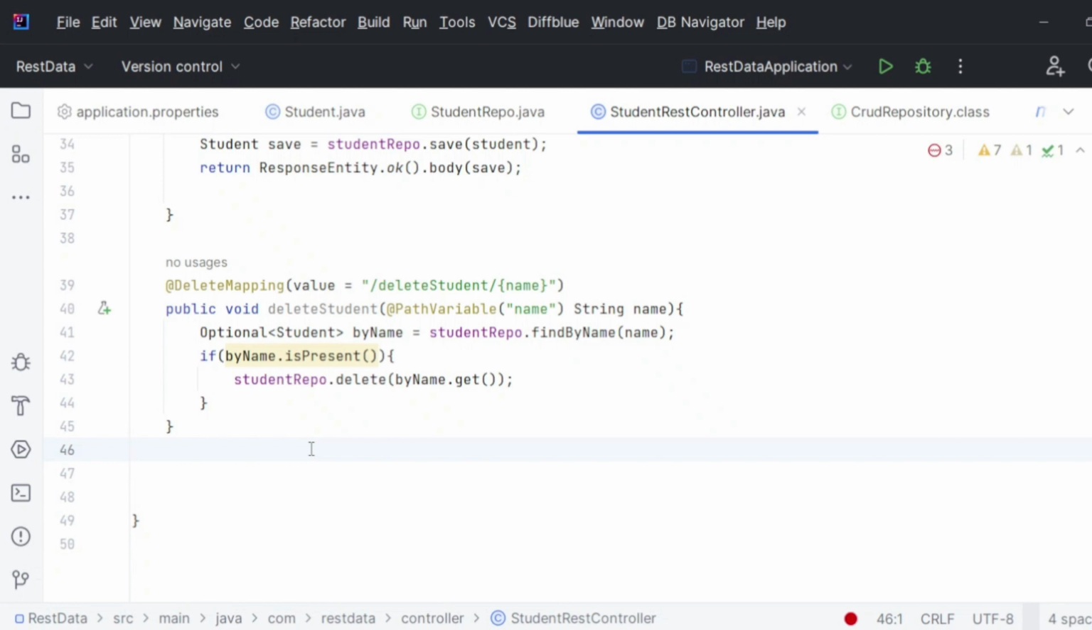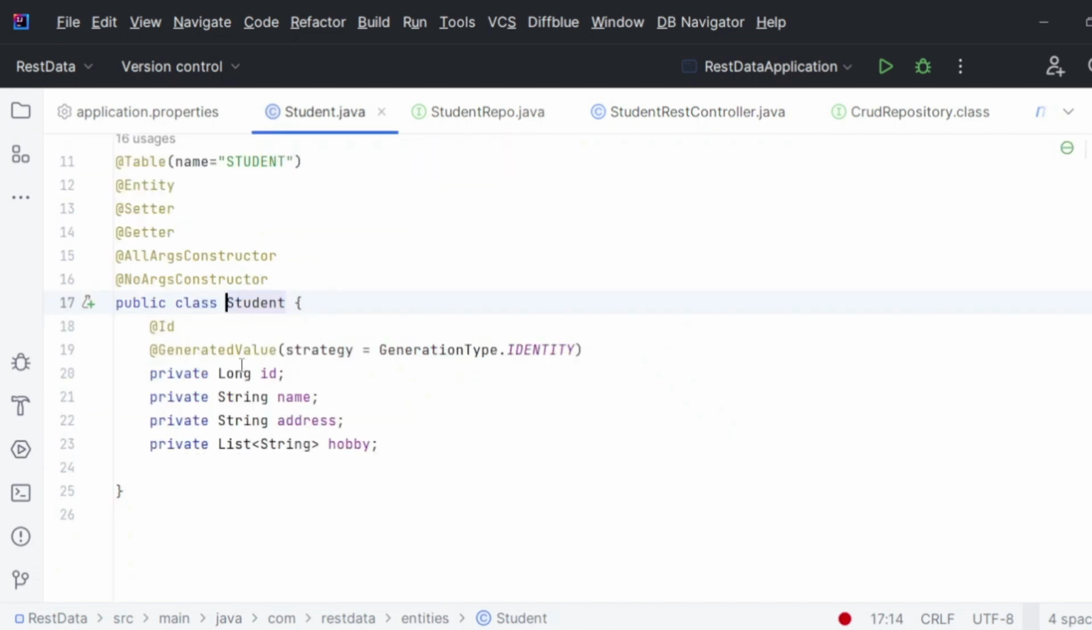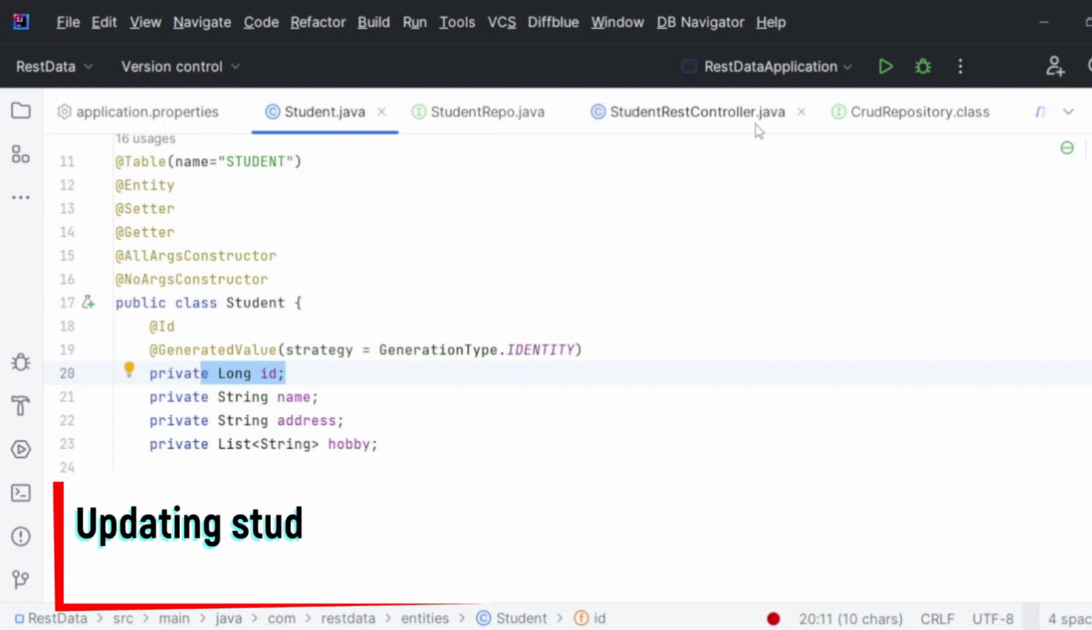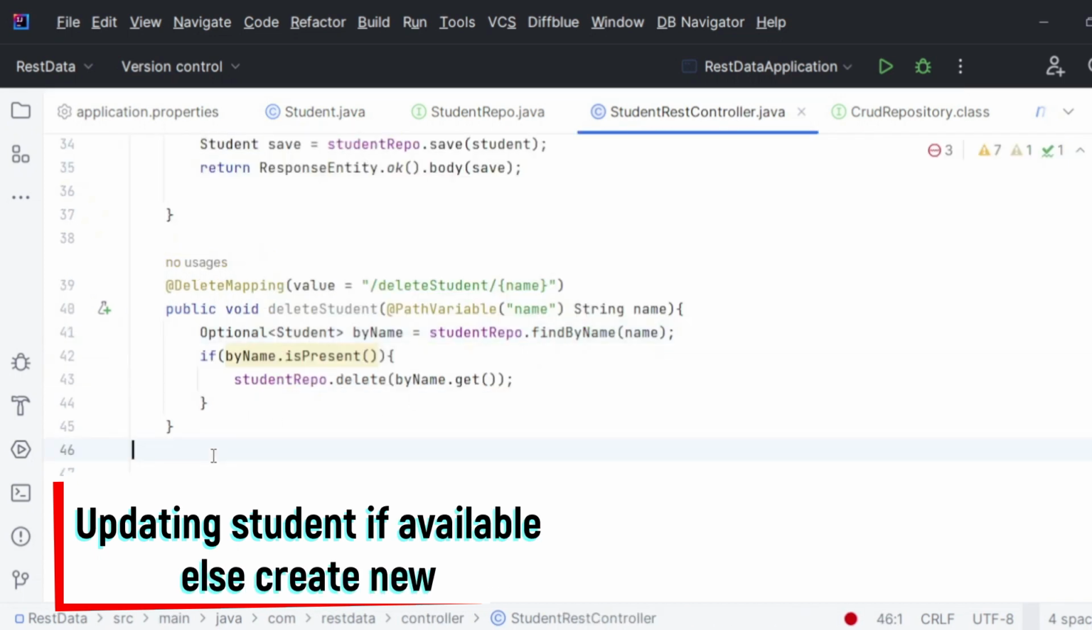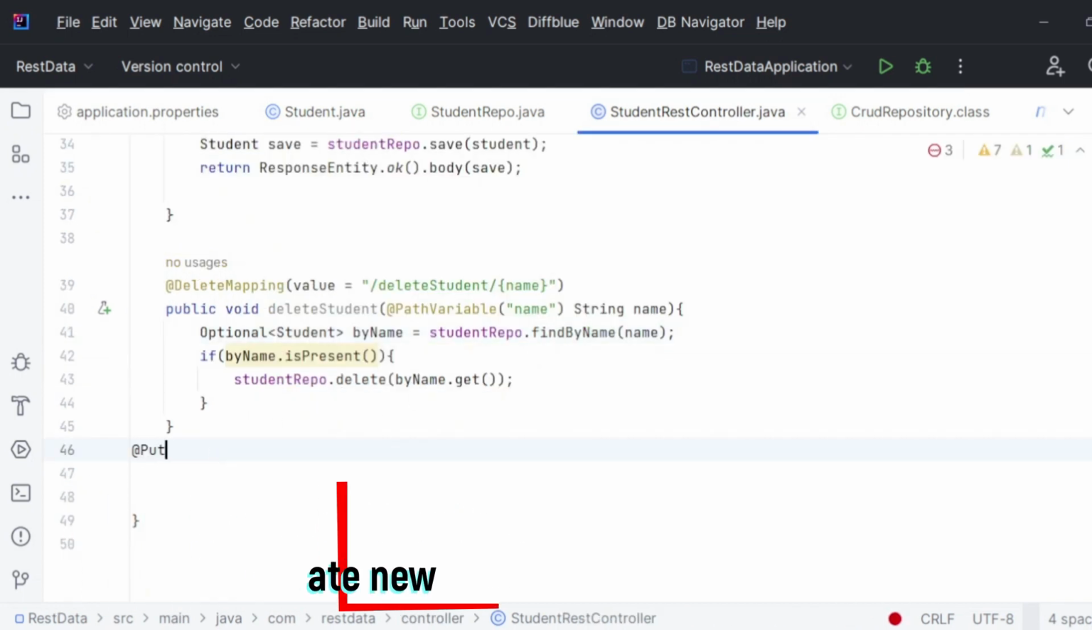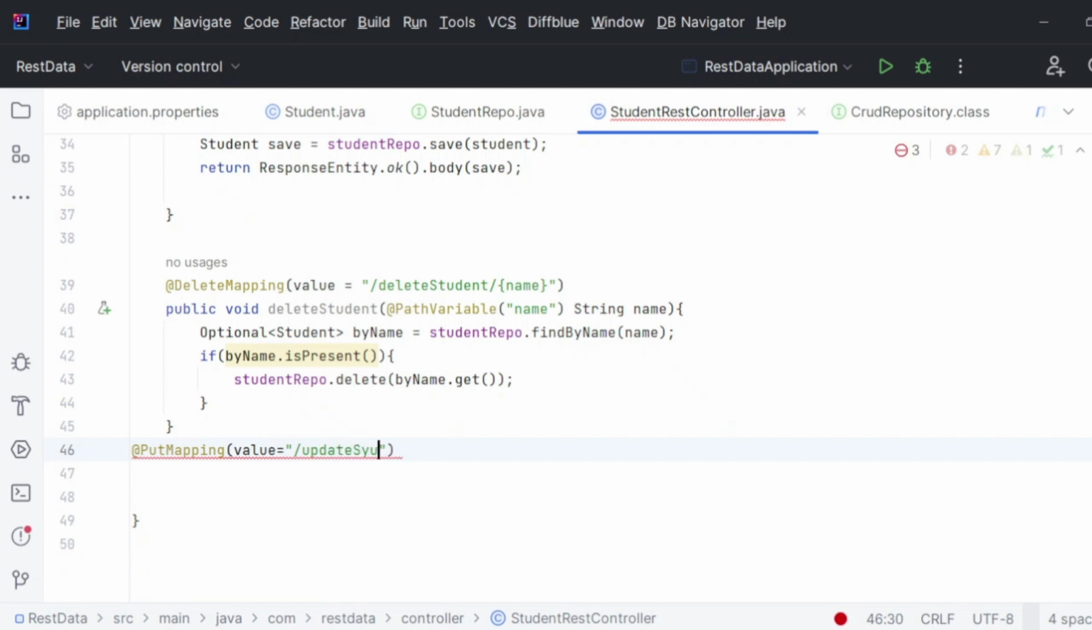In this tutorial, what we are going to do is the basic one, where I'm going to identify the student based on the student ID, and I will update the records. If not existing, then I will insert a new record. Okay, so simply use put mapping here, and the value is something meaningful. Update student